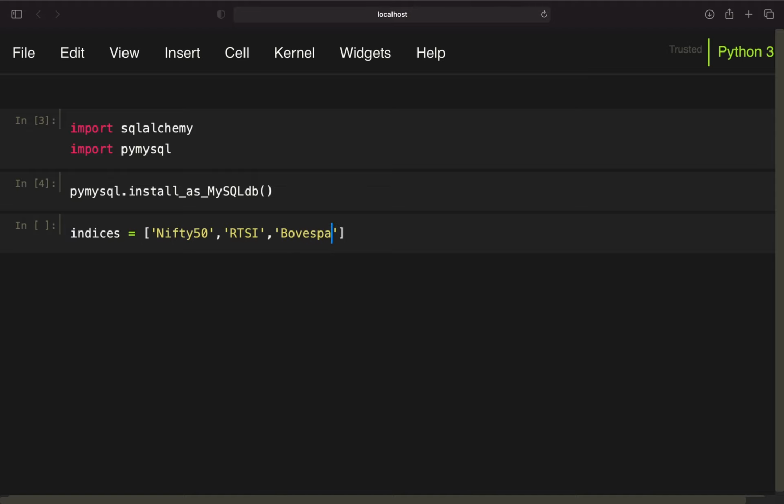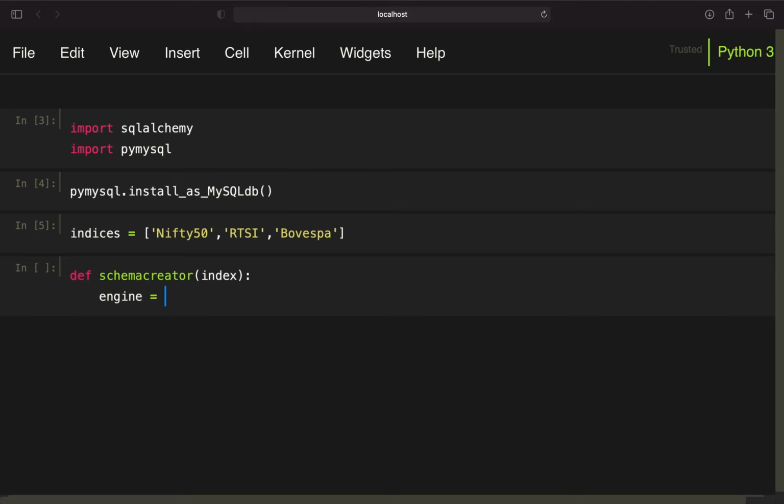By the way, I have no idea if I'm pronouncing that right, so correct me if I'm pronouncing it wrong here. Okay, now we have a list of the indices and we want to create schemas which have those names, right? And for that I'm creating a function, which I'm just calling schema creator, which is taking an index,